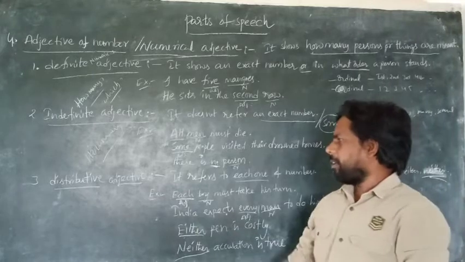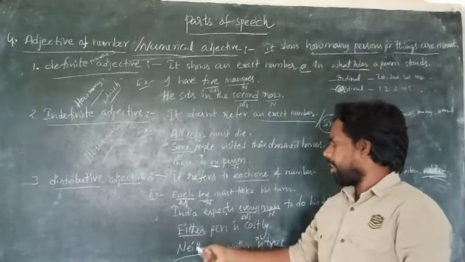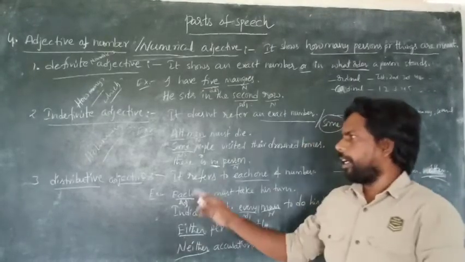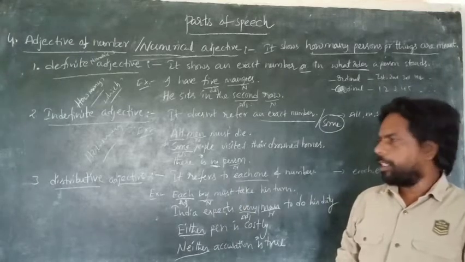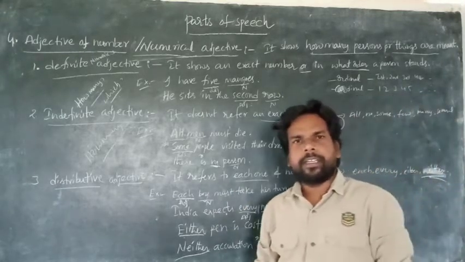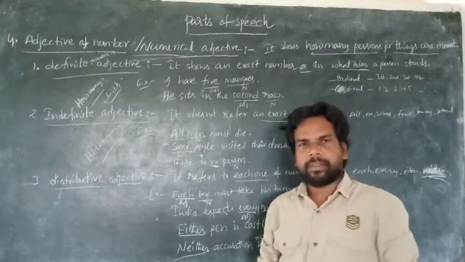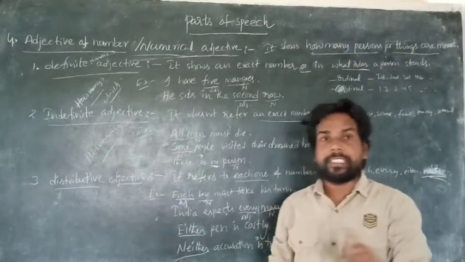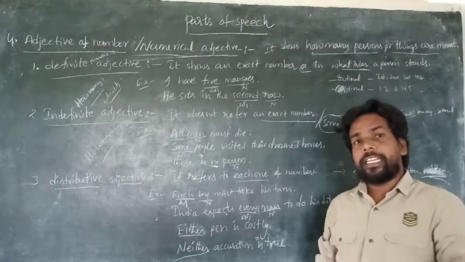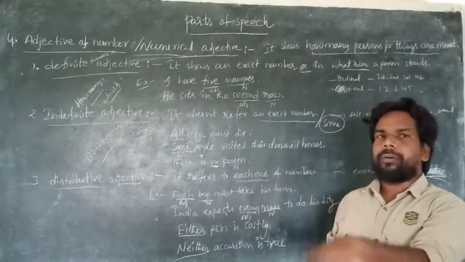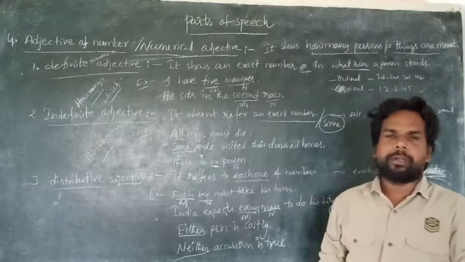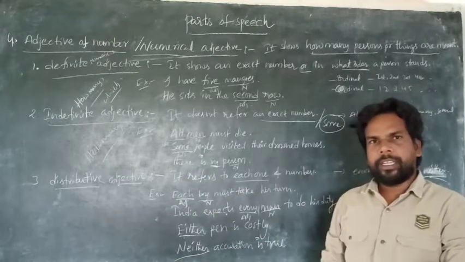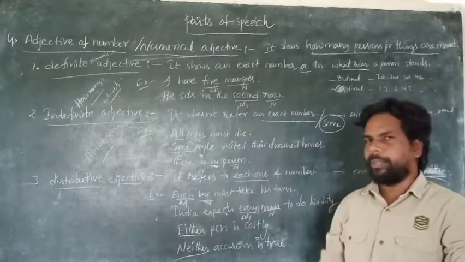The next one, same thing here. When each, every, either, neither are used without nouns, they are called distributive pronouns, like: each gets a chance. Here each is called a distributive pronoun, not an adjective. Each boy, each girl, each person, each man: there is a noun in these words, so each is called a distributive adjective.